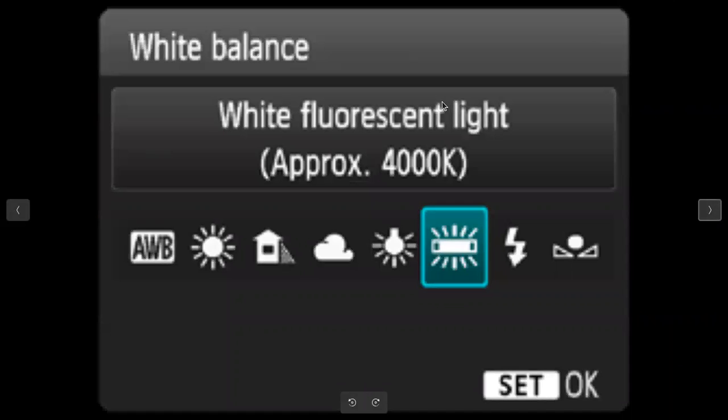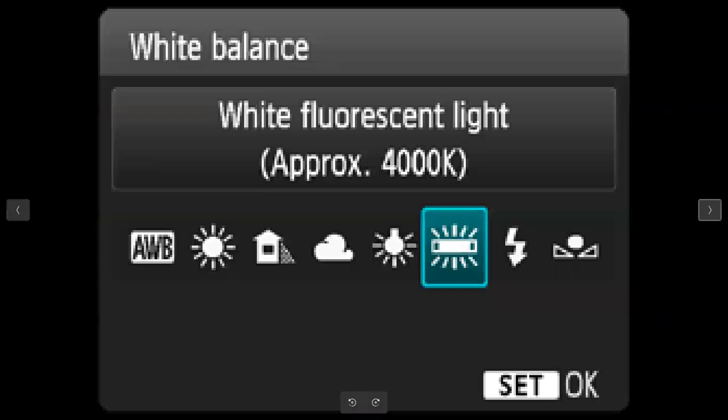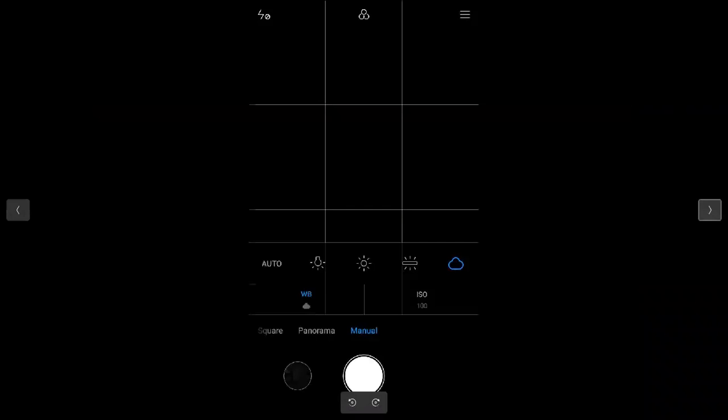This is for a Canon camera. There also, see the same: these symbols correspond to all these particular modes. These symbols are common, so it is across the platform. You have to select the appropriate white balance method and apply it before capturing that particular photo. Even a basic mobile, like I have a basic handset, allows me to set a particular white balance. If I go to manual mode, I can select the white balance that I want. It supports auto mode, and see, bulb mode, fluorescent mode, cloudy mode, all things it supports.